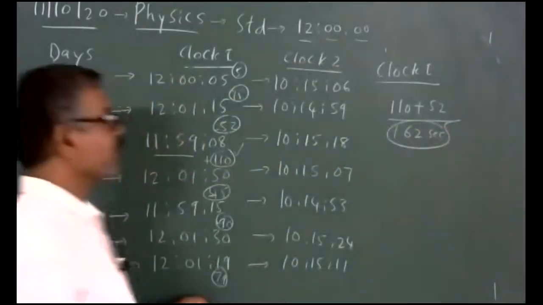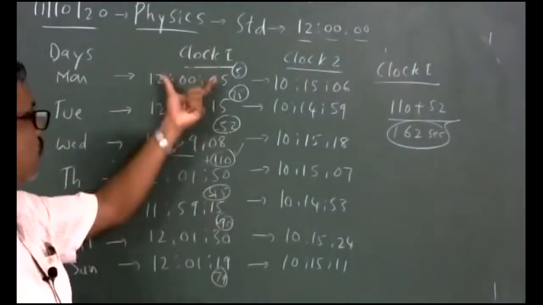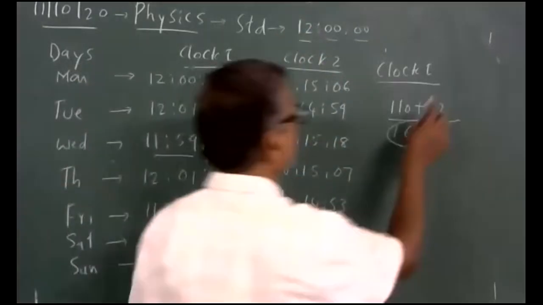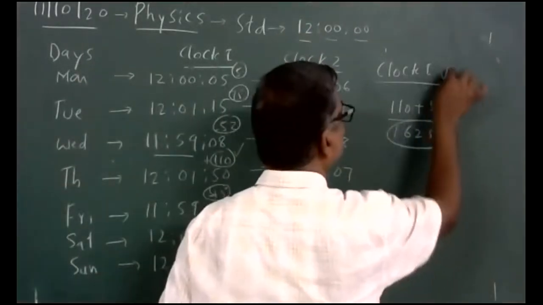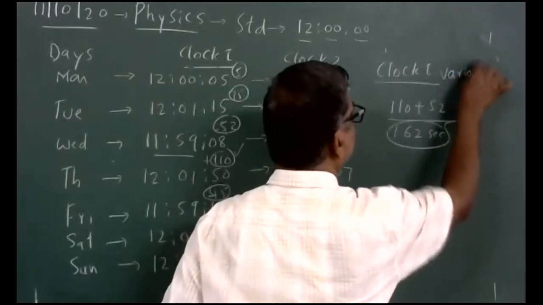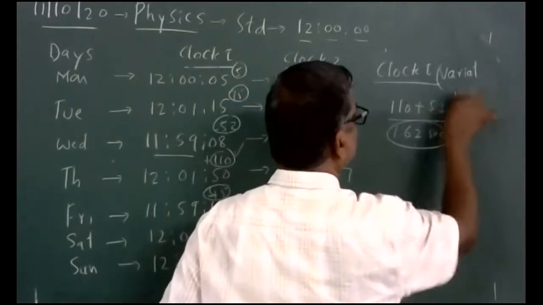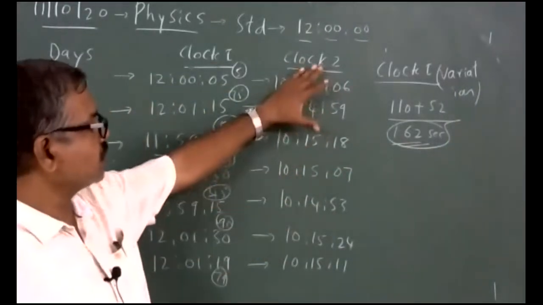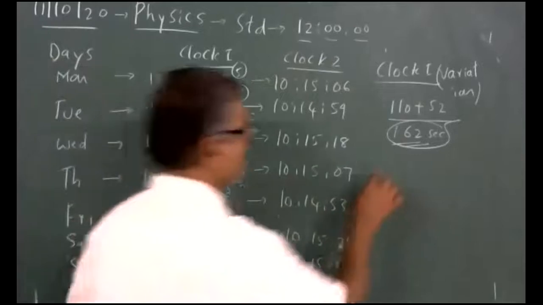I can say, when I cross-check clock 1 over the weekdays against the standard clock, this is called variation. Clock 1 shows this much variation. Similarly, when I cross-check clock 2 with the standard clock,